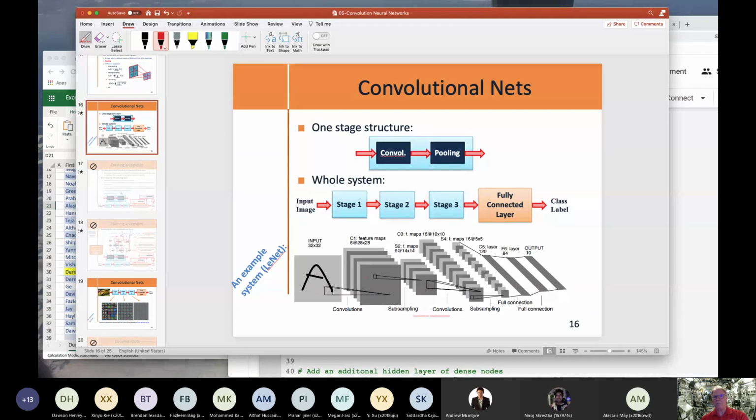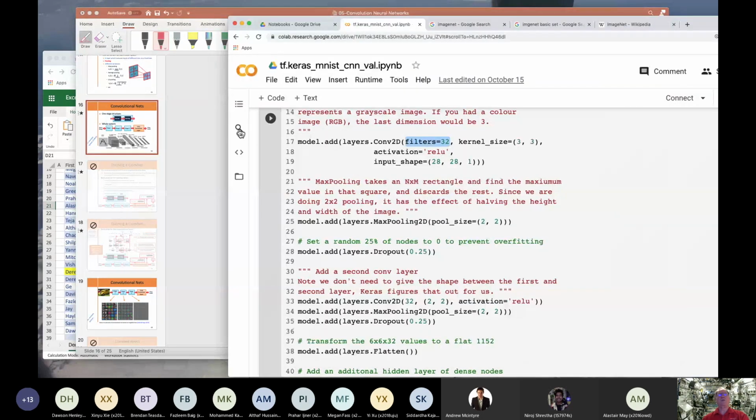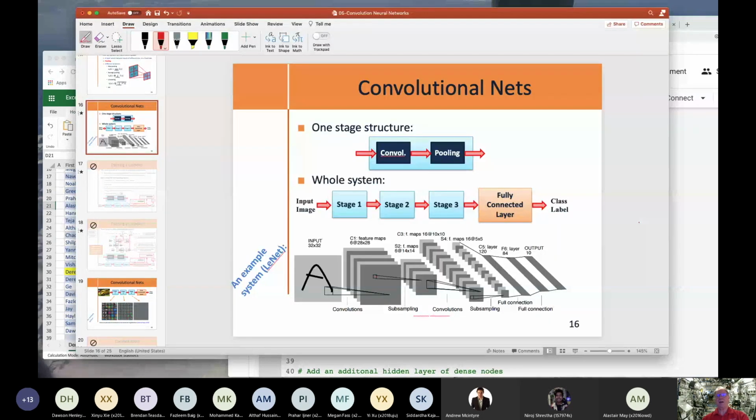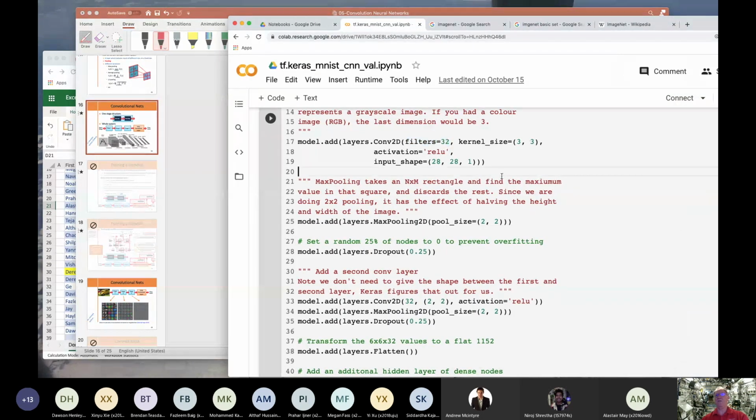So it creates a whole bunch of numbers here. That's known as the filter. So we take that filter and then we apply a little 2 by 2 pooling layer to it to generate a condensed form, a shrunken form of that image, where we're trying to scale everything down to a standard size so that we can better identify that feature. So that's what this max pooling layer does.